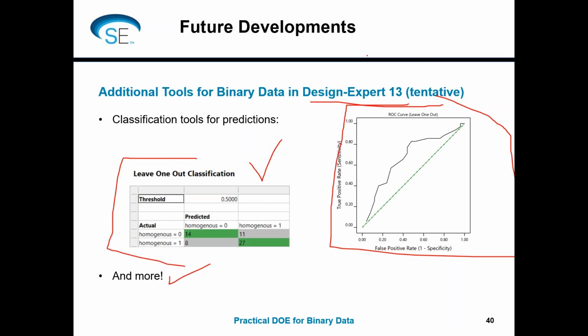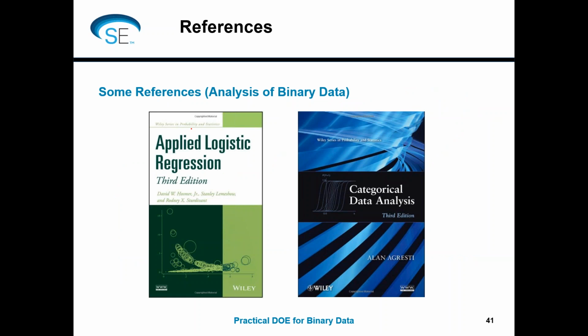it's coming. Here are 2 references you could use if you're interested in logistic regression. This Hosmer-Lemeshow book is kind of the Bible of logistic regression. It's Applied Logistic Regression, but it's mostly focused on the analysis of binary data. There's also this Categorical Data Analysis book by Agresti, also one of the classic textbooks. It spends a good chunk of time on logistic regression, but it also talks about multinomial and Poisson and a